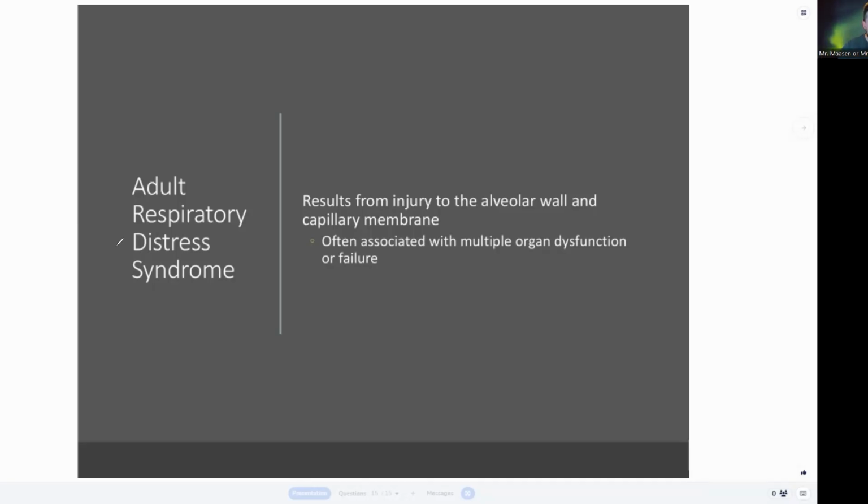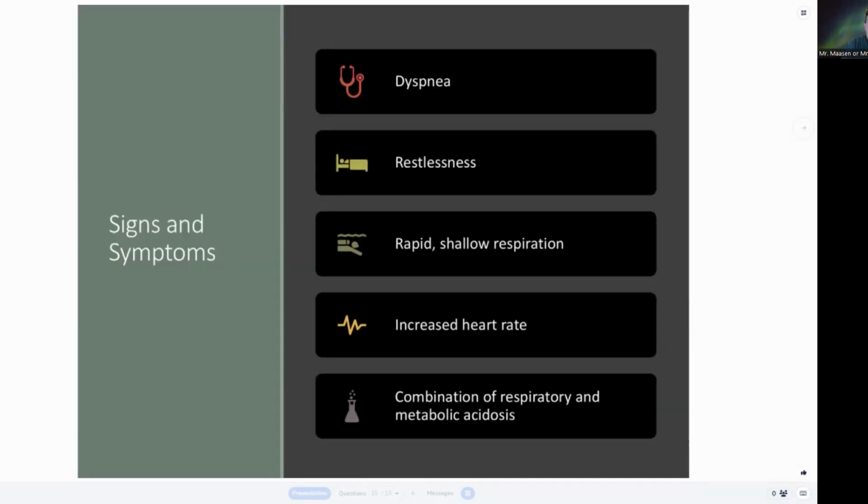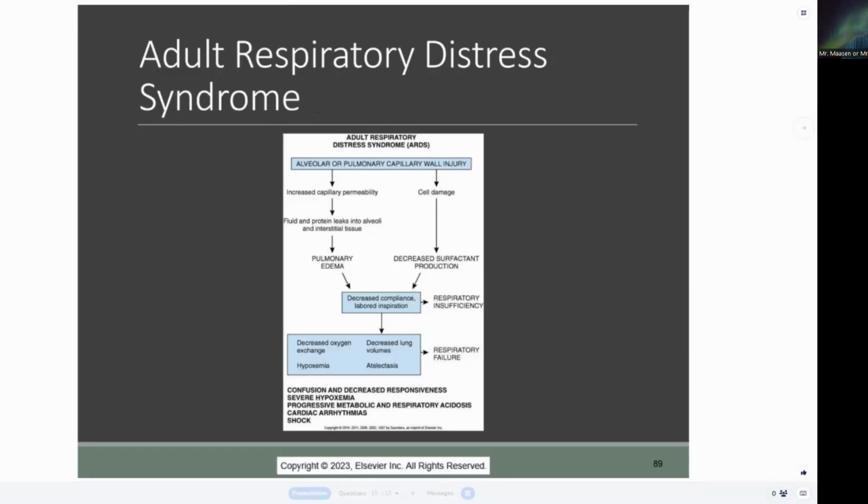Almost at the end, guys. Hang in there. Adult respiratory distress syndrome, ARDS, is basically a full systemic failure of the lungs, basically multiple alveolar wall collapses. This is often associated with multi-organ system failure, dyspnea, restlessness, shallow, really weird breath patterns, increased heart rate. Could be metabolic acidosis, respiratory acidosis involved. This kind of gives a nice breakdown of it. I think it's probably too detailed for you guys at this point, but it is